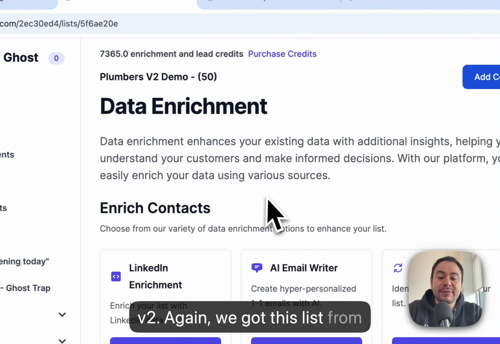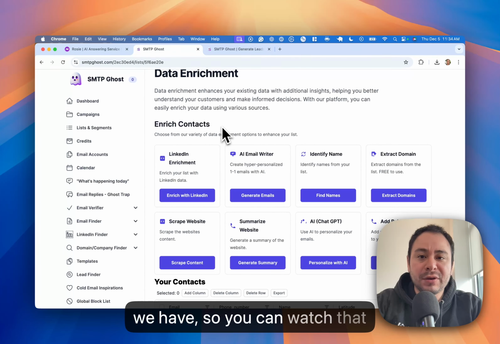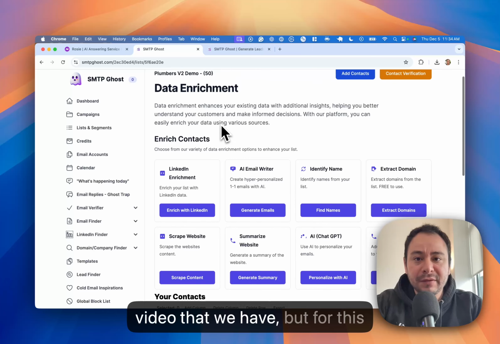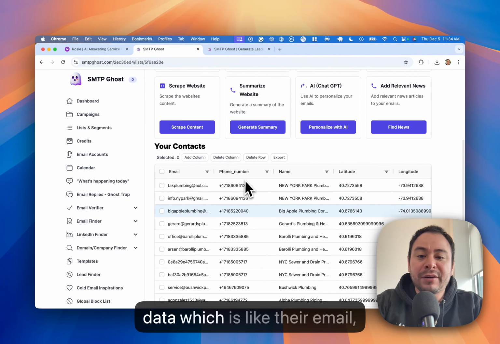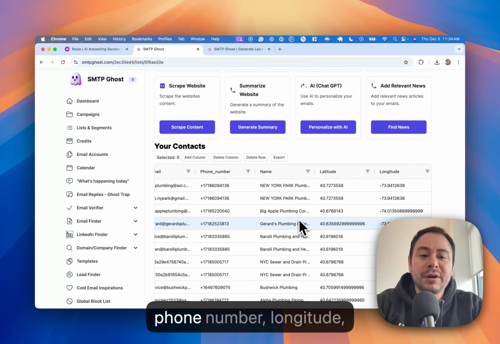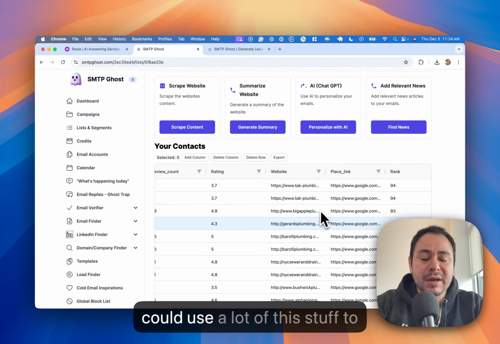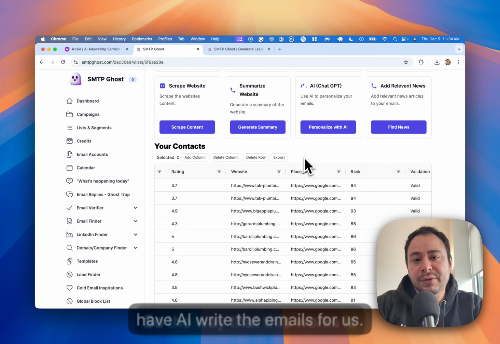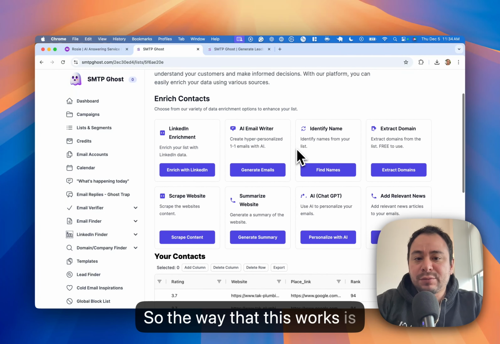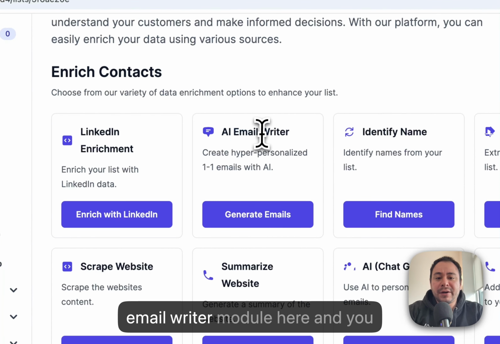Again, we got this list from the Google Maps lead finder that we have, so you can watch that video that we have. But for this set of 50, we have a lot of their data, which is like their email, phone number, longitude, address, review count, and we could use a lot of this stuff to have AI write their emails for us, right? So the way that this works is we're going to need to use the AI email writer module